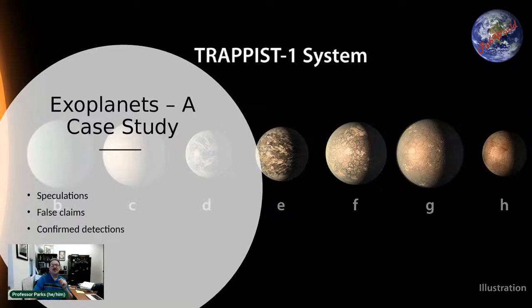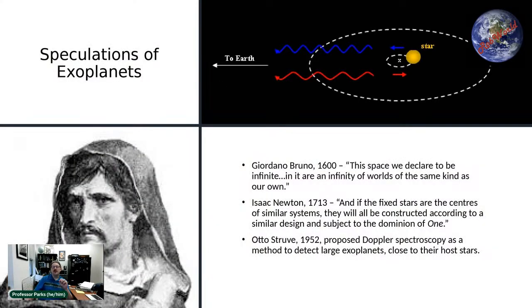Let's make sure. Yeah. Let's go through a case study of exoplanets. And I have a meeting in about 15 minutes, so I will go through this. Hopefully, I will go through this quickly, but hopefully intelligently. So there have been speculations from hundreds of years ago that exoplanets existed. So the idea is that people said, hey, there are planets going around our sun. And then they ask the question, are there planets going around other suns? We see other stars. Are there planets going around those that we cannot see?